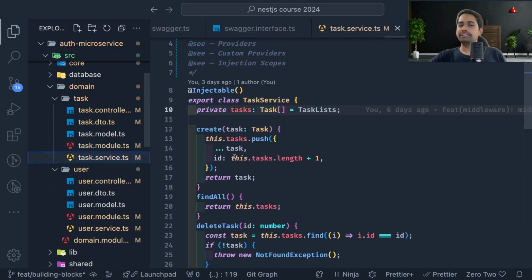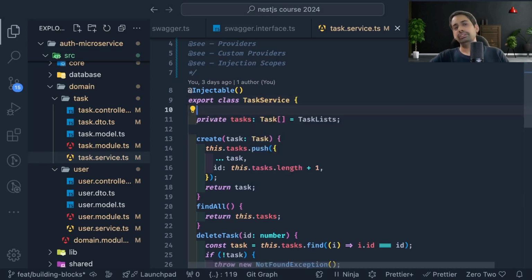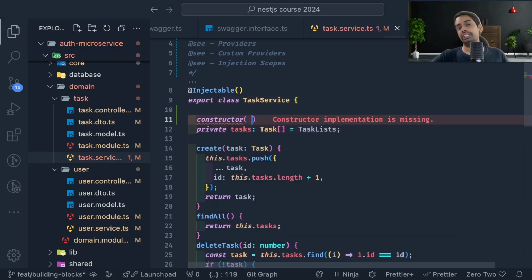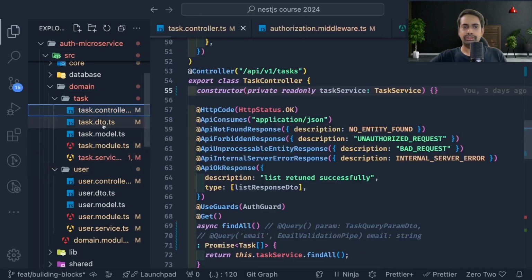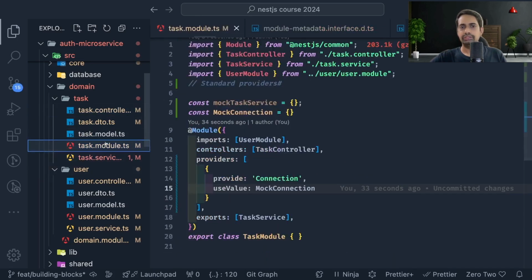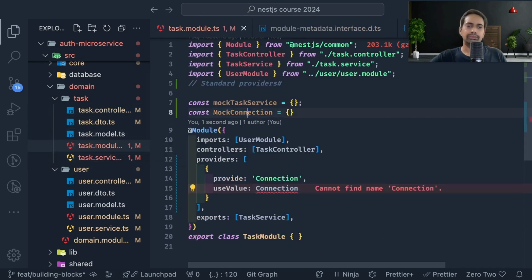And how will we inject this connection? Let's see this here. Let's say I'm creating a constructor और उसके अंदर मैं connection के token को inject कर सकता हूँ. So you might have heard about Injectable, but there is something called Inject also. Inject के अंदर आप सिंपल कनेक्शन इंजेक्ट कर रहे हो. तो whatever the value you have declared with the connection, you will get it here using Inject. We are injecting the connection, and this connection is actually a type. We can define the type. I mean, this is a mock connection that doesn't have any type, but you can also define some type for this particular thing.